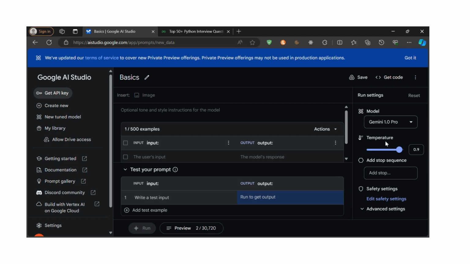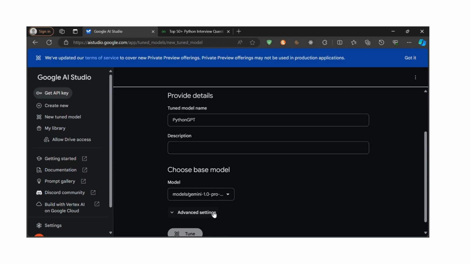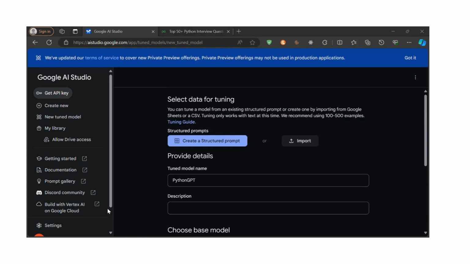Wait, we're going to go back. I want to go back. Wait, let's just recreate it again. Let's do Python GPT, and the base model will just keep the same. Choose the advanced settings again. I'm going to do 1000, and then